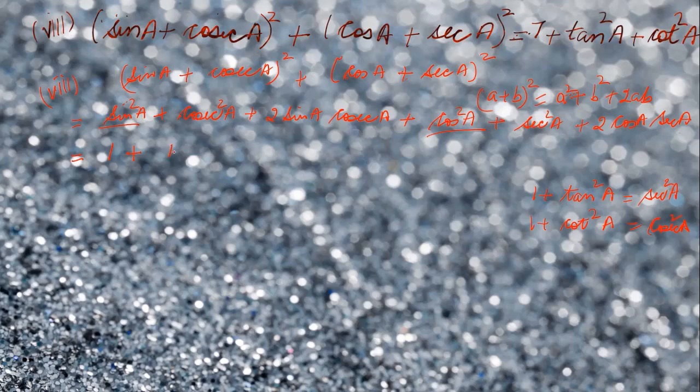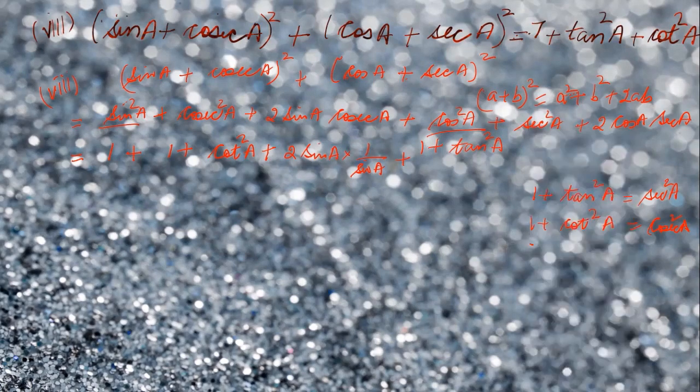So write 1 plus cot square A instead of cosec square A plus 2 sin A into cosec A is your 1 upon sin A plus instead of sec square A you can write 1 plus tan square A